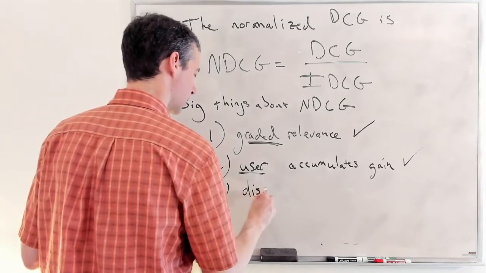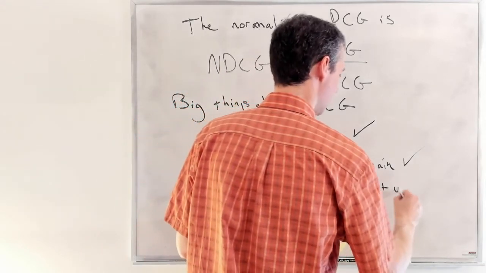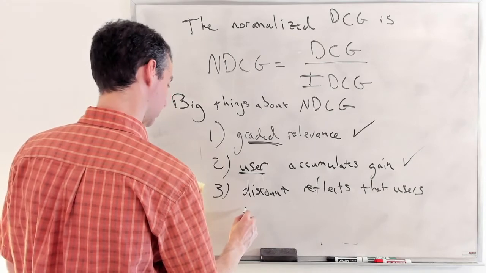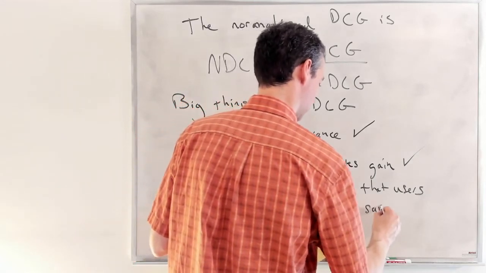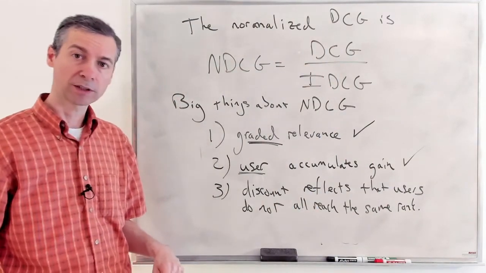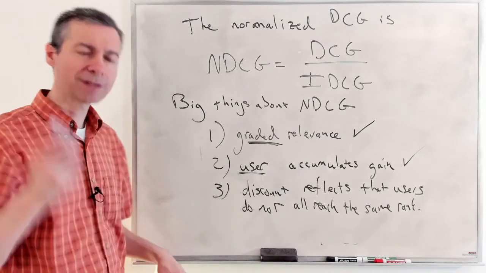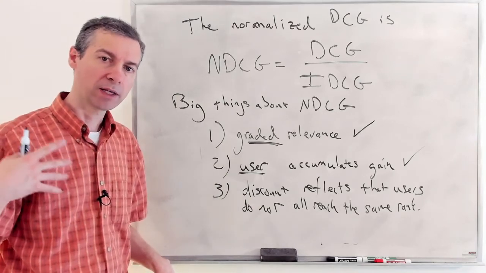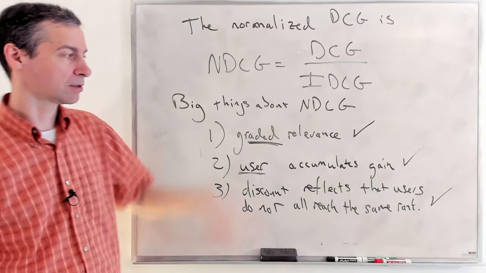And then finally, the discount reflects that users do not all reach the same rank. In other words, as you go down a rank list, fewer and fewer users travel further down the rank list. Again, this is based upon observation, and it's wonderful. And so a lot of NDCG is based upon, let's pay more attention to the way users are actually searching. And let's come up with a measure that's more reflective of their actual behavior and how they might potentially value the system. So these are all really great things, and certainly a revolutionary